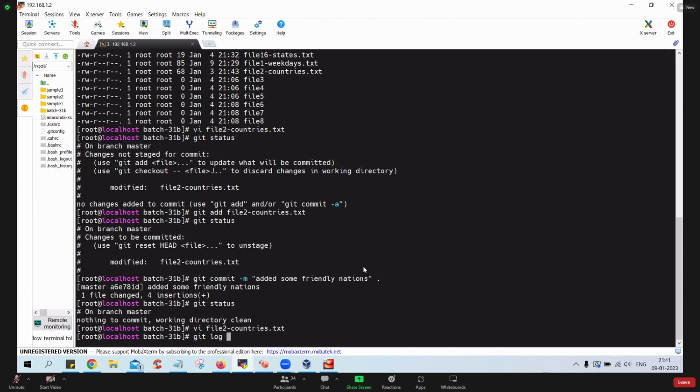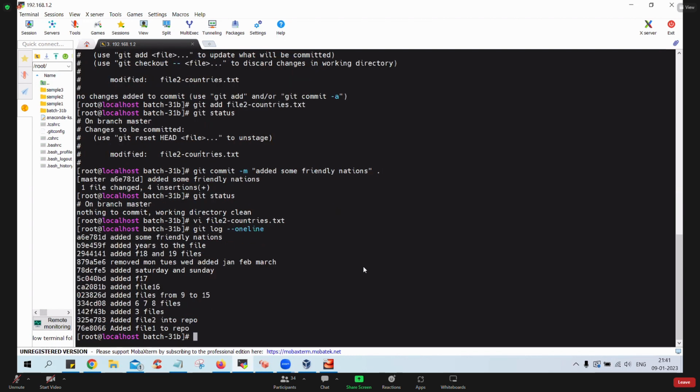Git show also will work. Git log --oneline will also work. See, can I say that this is the commit ID which helped me add some friendly nations? Correct? That's the commit ID referencing that one. So what I'll do is git revert this one